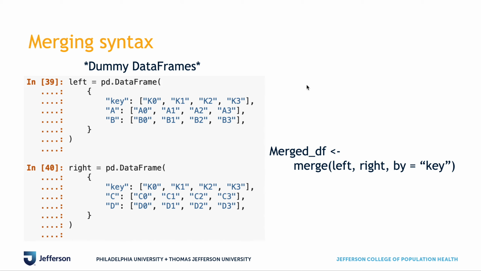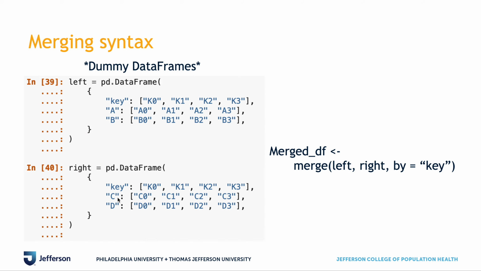And here's an example of how to do this, just a quick, brief overview of the syntax. These are just dummy data frames. Say we make up a data frame, and these are the column headers: a column called key, a column called A, and a column called B. The values in the key column are K0, K1, K2, K3. And if we made another data frame called right, we have the key column again with the same values, and then different column names for the rest of the ancillary data,